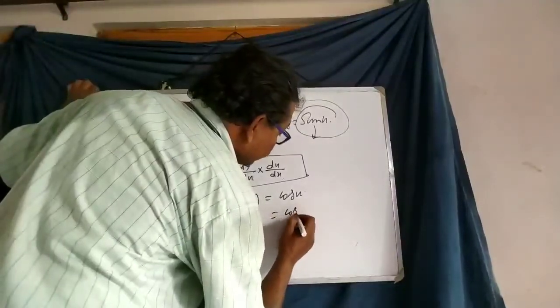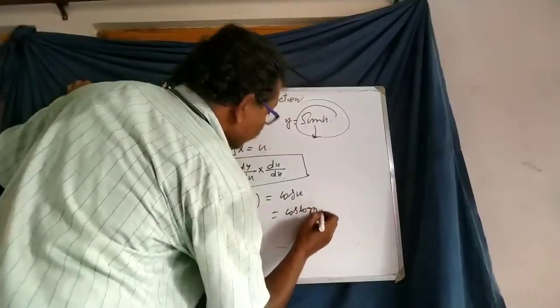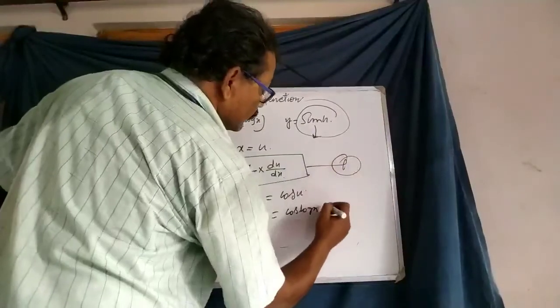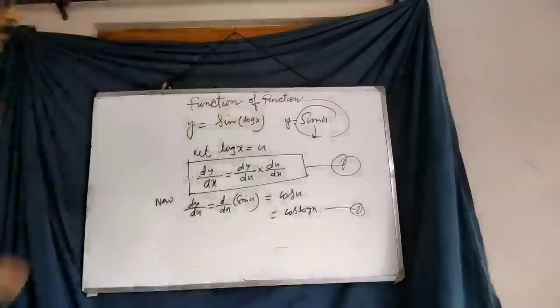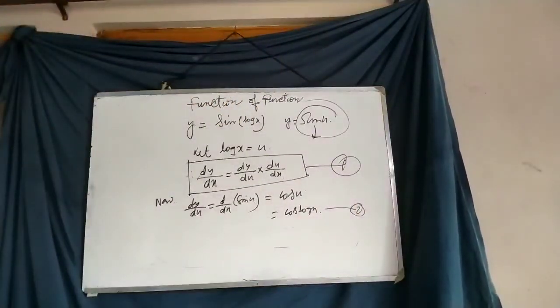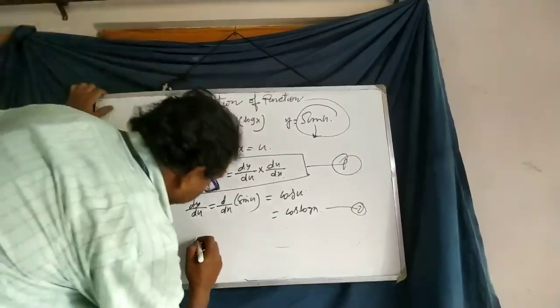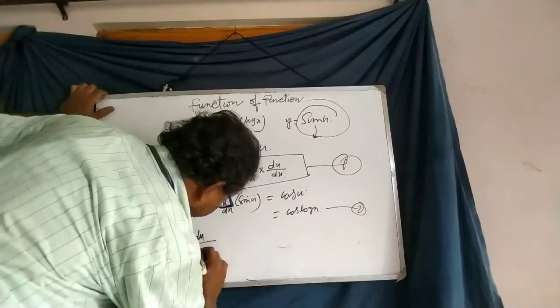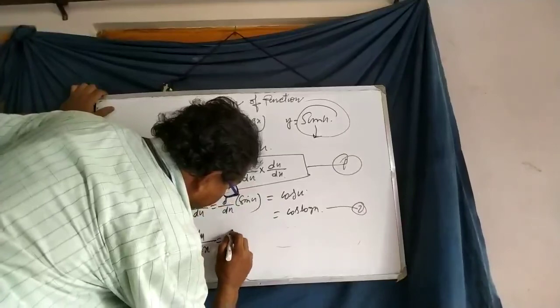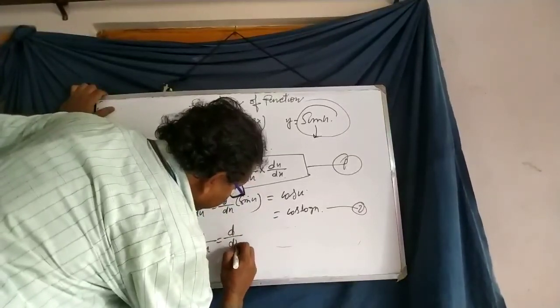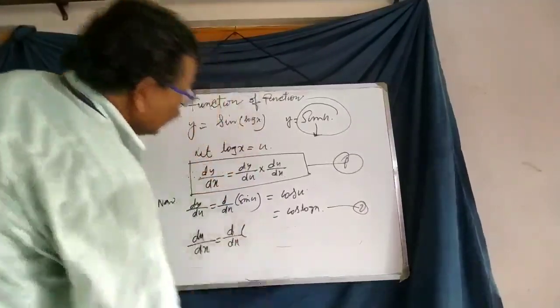Result is cos log x. This is number 1. This is number 2. Now du/dx is equal to d/dx of u means